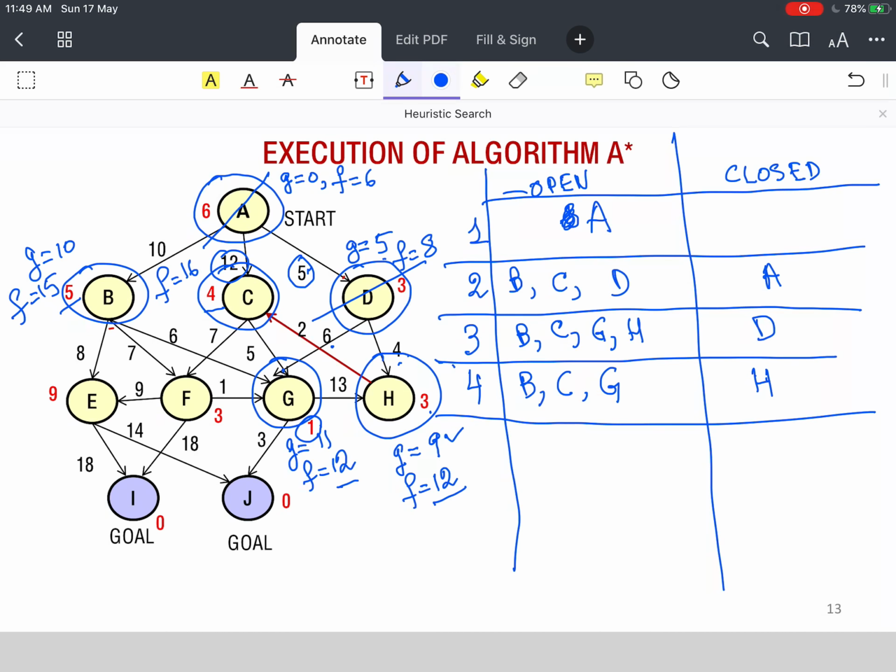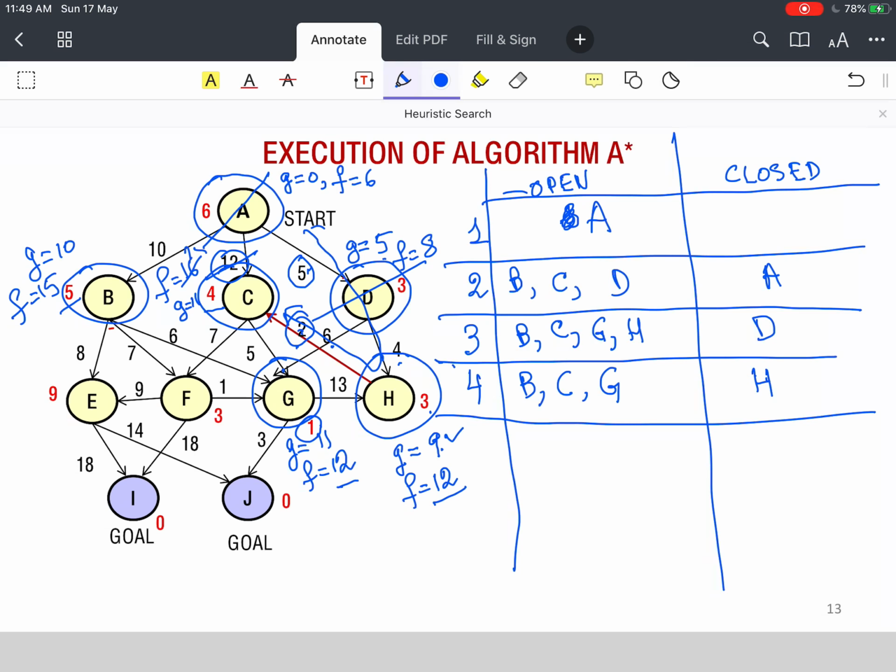Now node C, what do we come to node C with? We had 5 and 4, 9. So we are now coming to node C from a cost of 9 plus 2, which is the edge cost, is 11. Its existing G value is 12. So we will update its G value and its G value will now become 11.